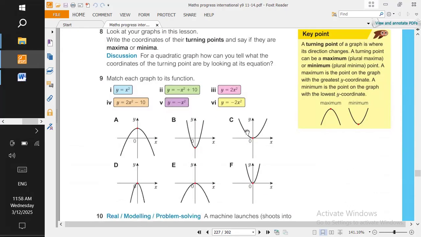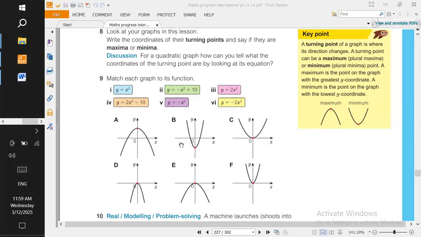Of course, when you sketch a graph, it will look something like this, maybe like this, or the opposite. Now, if it's looking like this, it means it has a turning point. This point is the point where the direction of the graph changes. For example, from here, it was going up until this point, and then it's going down. The turning point here is called a maximum turning point, because it is the maximum point that it goes up to; it stops here, and then it